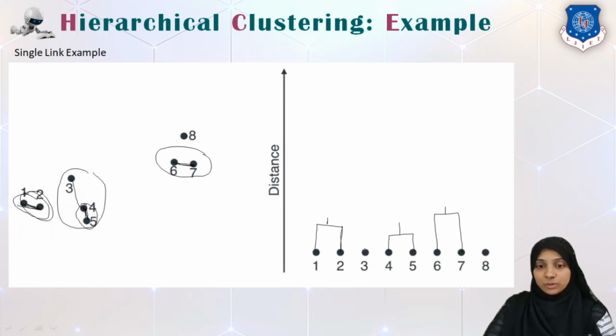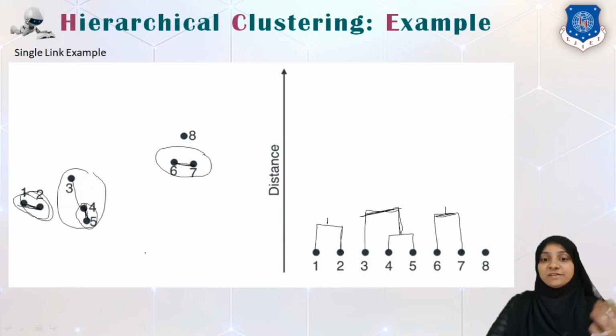So what I can do is add 3 with 4 and 5. You can see that this length is lesser than the 6 and 7 length, because the distance between 3 and 4 is more as compared to 6 and 7. Now we can find out the distance between 2 and 3 and 6, 7 or 6, 8. The minimum distance appears to me to be 6 and 8.